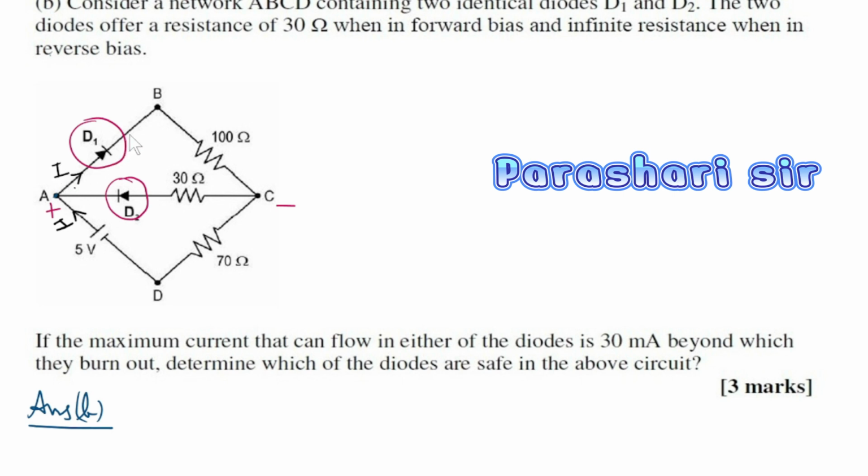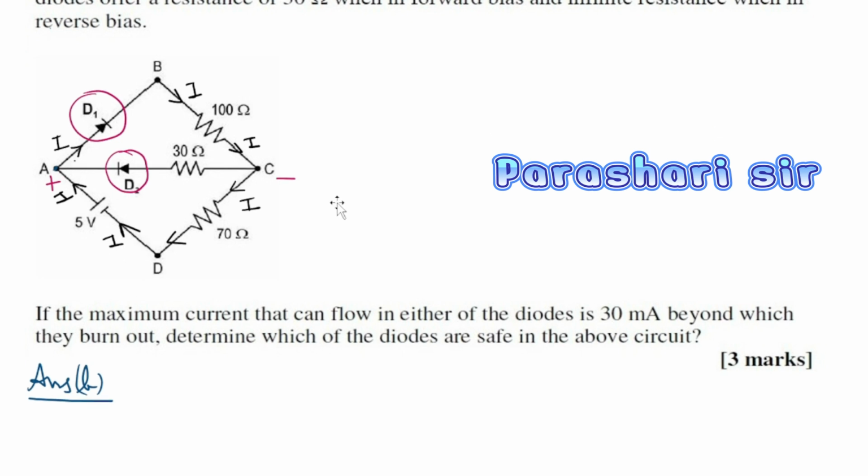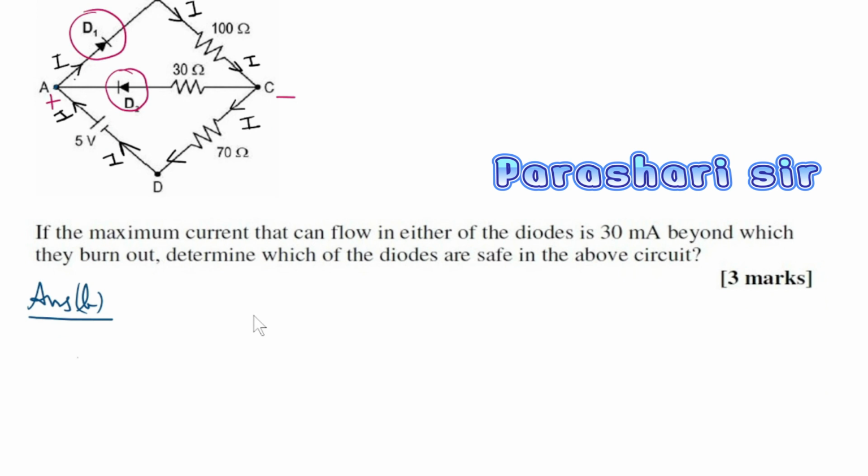through diode D1. Current over here is I. It continues to flow. It will not redistribute at point C because diode D2 is reverse biased. So same current passes through this 70 ohm resistor and enters the negative terminal. This completes the current distribution. Current flowing through the diode should be given by